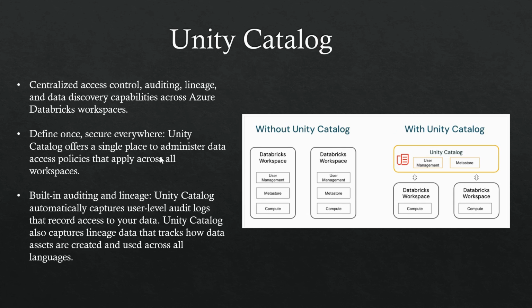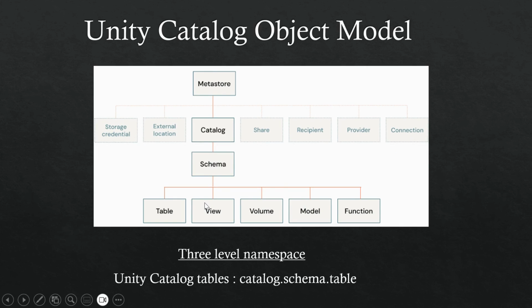So let's see next how exactly this Unity Catalog model will look. In the normal legacy system, you have your schema and your table name. In Unity Catalog, you get a three-level namespace. The first level is the top level, where you have your metastore, in which all the metadata like your catalog, shares, Delta Shares, recipients and providers are stored. Inside your metastore, if you have your catalog predefined, in that catalog you can mention your schemas.